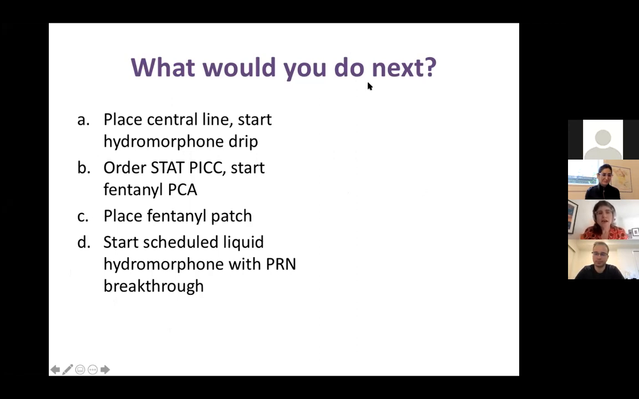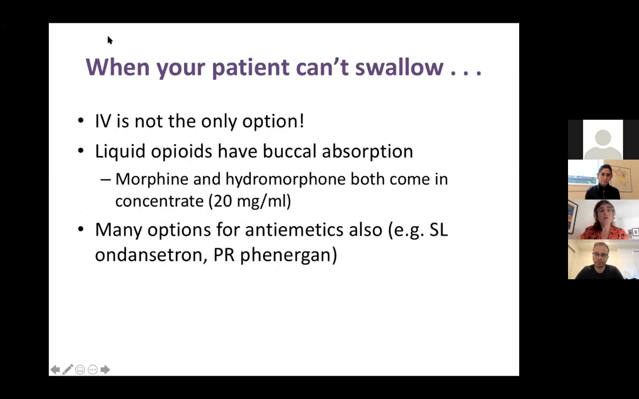Fentanyl patch is not unreasonable, but the way I've set up this scenario, it would be hard to know exactly what to start him on. And also, just the fentanyl patch isn't going to help him right now, right? Because a fentanyl patch takes about a day to really kick in. So that's why I would start him on scheduled liquid hydromorphone. The teaching point here